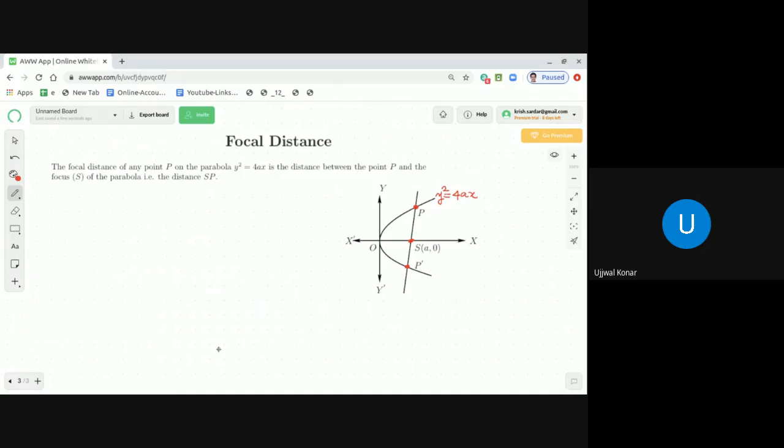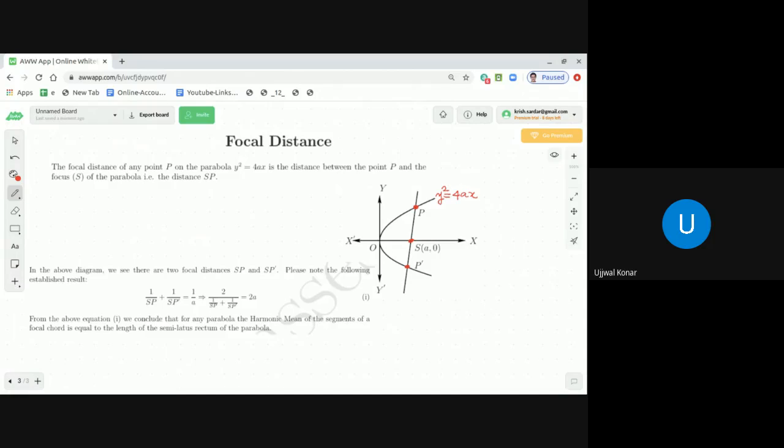If you see, dear students, here the statement is that in this diagram, we see that there are two focal distances, SP and SP dash. Please note the following established result. Why I say established result is that this can be proved, but if you are interested to get a proof of this one, we can take it offline later, or you can also do it using the fundamentals of coordinate geometry, and you will get it. So it says that 1 by SP plus 1 by SP dash is equal to 1